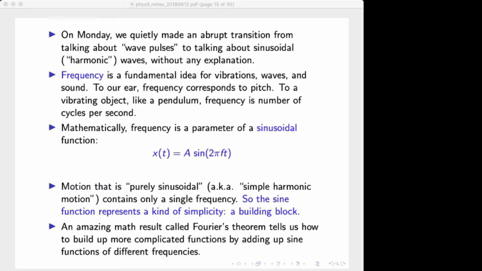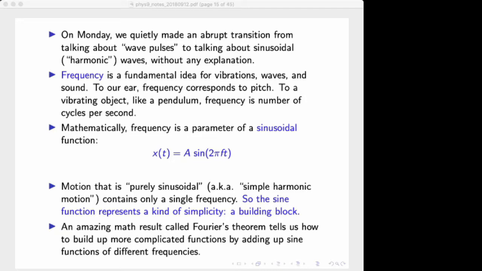Mathematically, frequency is a parameter of a sine function, like 2 pi ft. So the f in 2 pi ft is the frequency. So motion that is purely sinusoidal, also known as simple harmonic motion, contains only a single frequency. So the sine function represents a kind of building block, a kind of simplicity in describing things that are